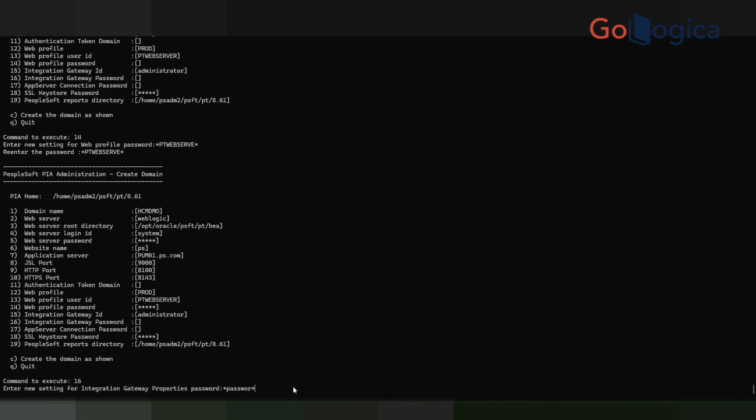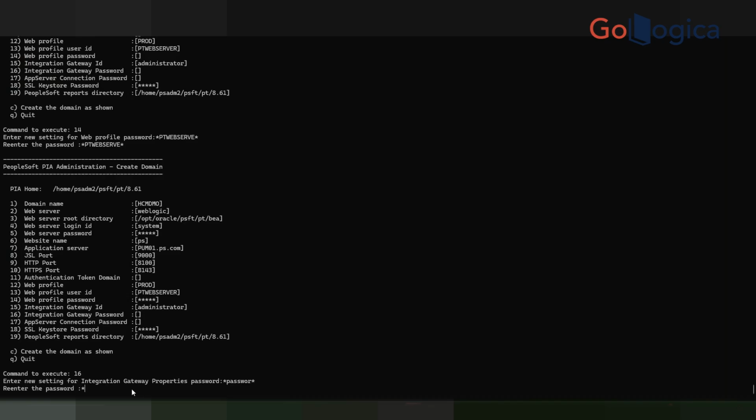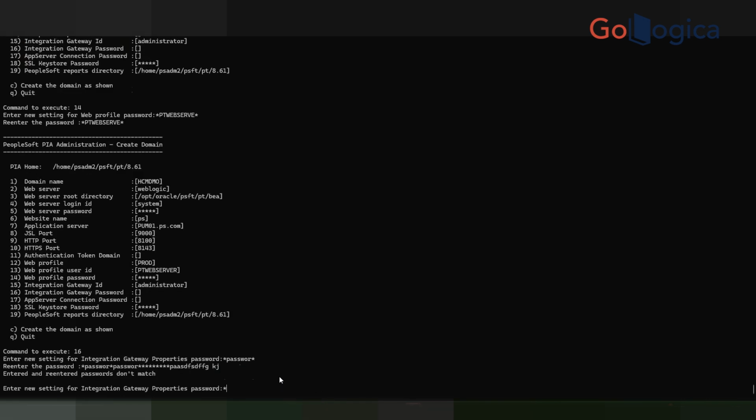Enter. Type it again. Did you paste it? Something happened. Okay, I think it is not visible. You did re-enter it, but